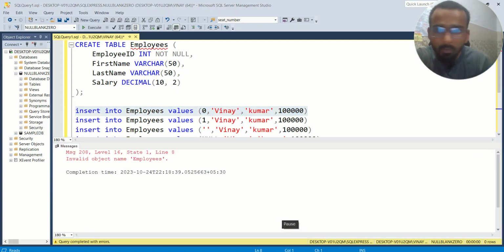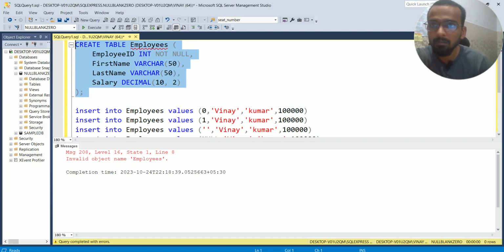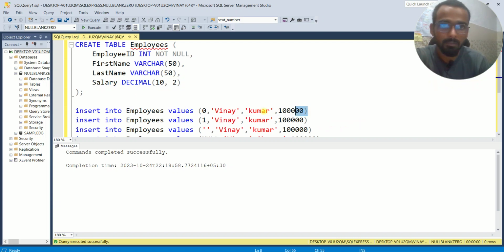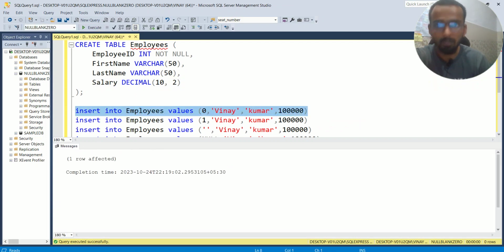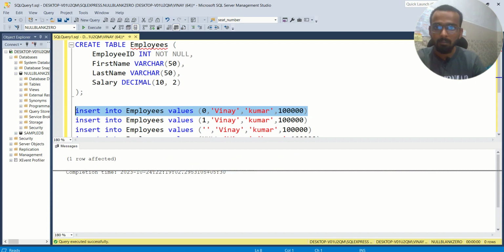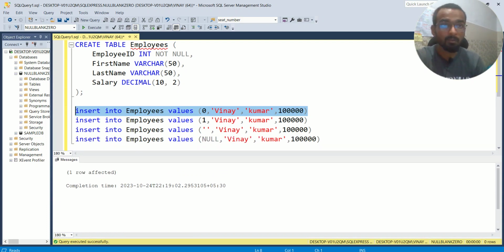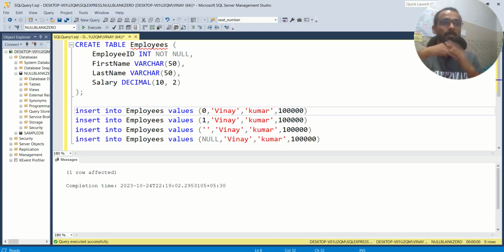What exactly is it showing? An error: Invalid object name. Give me a second. Okay, now I'm running this again. Now, yeah, it is correct. So you have to debug whenever you find any kind of error over here. If you have watched my previous video on the difference between 0, null, and blank, you have a better understanding of this. So I request that you please go and watch that particular video.